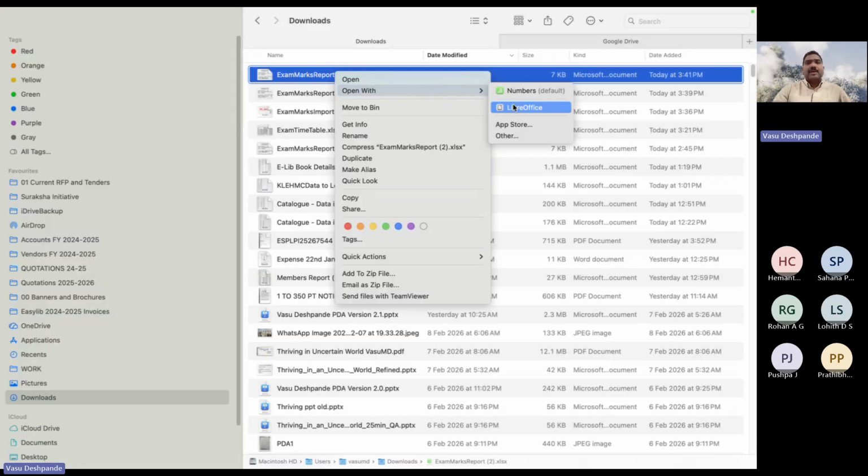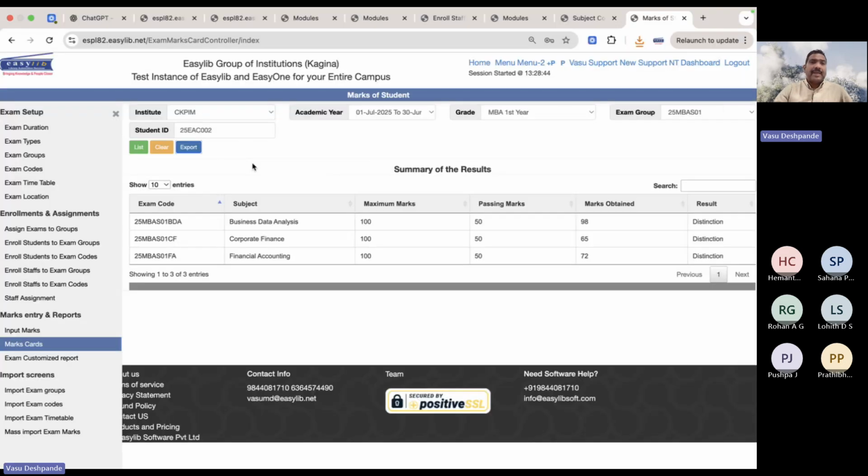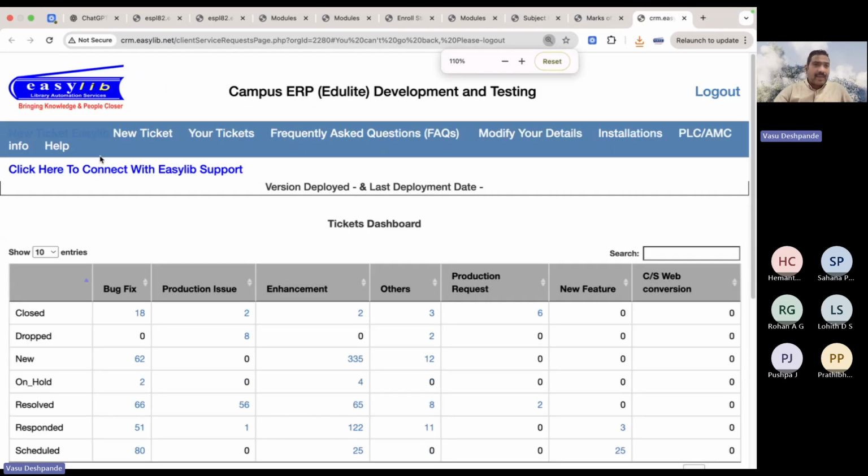What you can do is, right now you don't see the PDF version because everything is coming as Excel. You can simply go here, PDF. Is there a PDF? No. If you think you want an improvement in the screen, all you have to do is click on support. In the marks card screen, provide PDF export facility. All customers have the ability to create a ticket on this. When you create a ticket, I simply create this new ticket